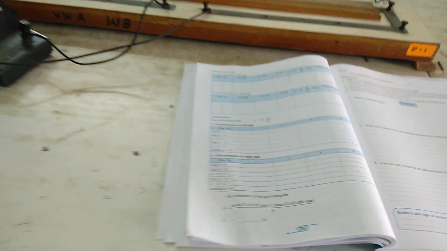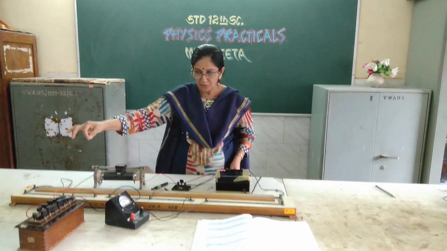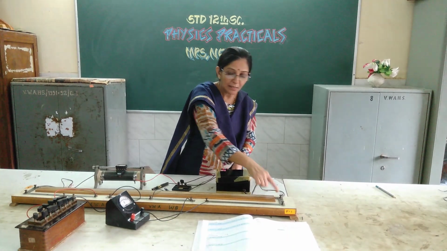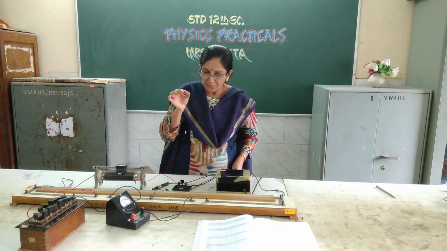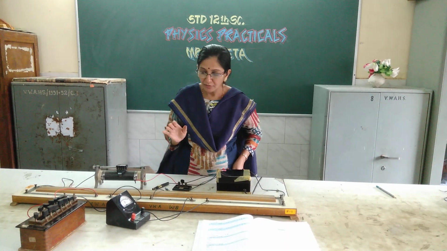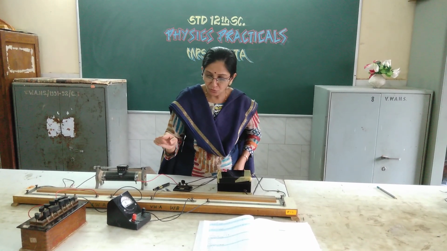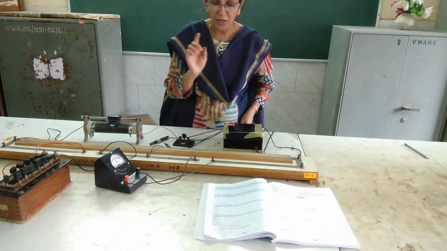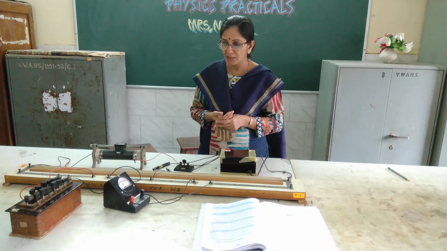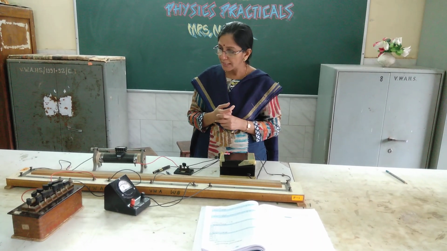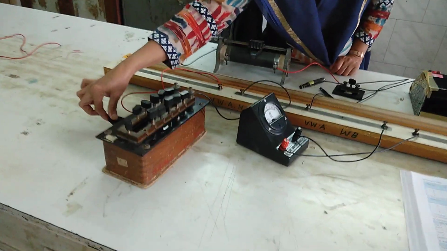Now to take the second reading, let me explain again how we had taken the first reading. We had taken some resistance from the resistance box. Touch the jockey at the A terminal and the C terminal, so you are getting the half scale deflection. That means before touching it is at the 15th division. Again touching the jockey at the different points, you find the balancing length. So you are getting the LG and the LR. Same procedure you have to repeat for the further 3 readings. How to take those readings? Suppose for the 50 resistance we had taken, now suppose for the 70, that means 50 plus 20.